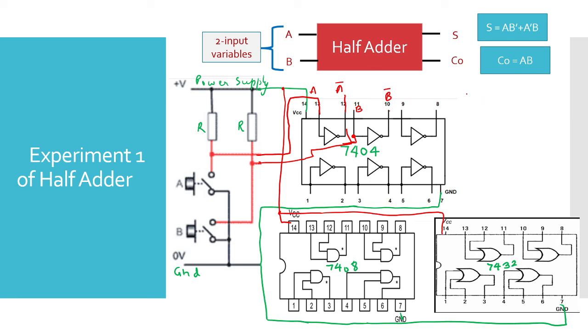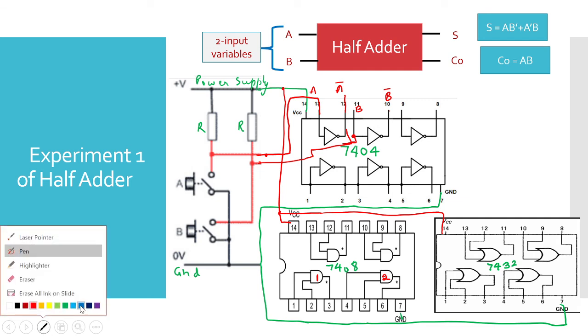Now next, see the connection. You require 2 AND gates. So let me select one AND gate. You require only 2 of them, so let me take this AND gate and this AND gate for my circuit. The rest you leave unconnected, no issue. For my circuit I need 2 AND gates, so let's say I am taking this and this. I will make connections for this. You require A and B complement, so you will connect the wire.